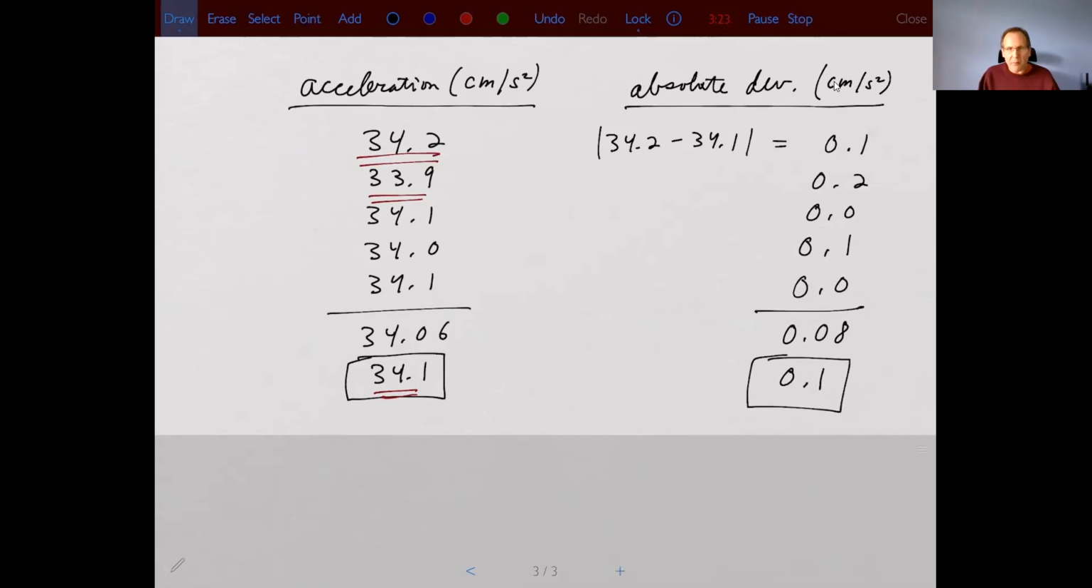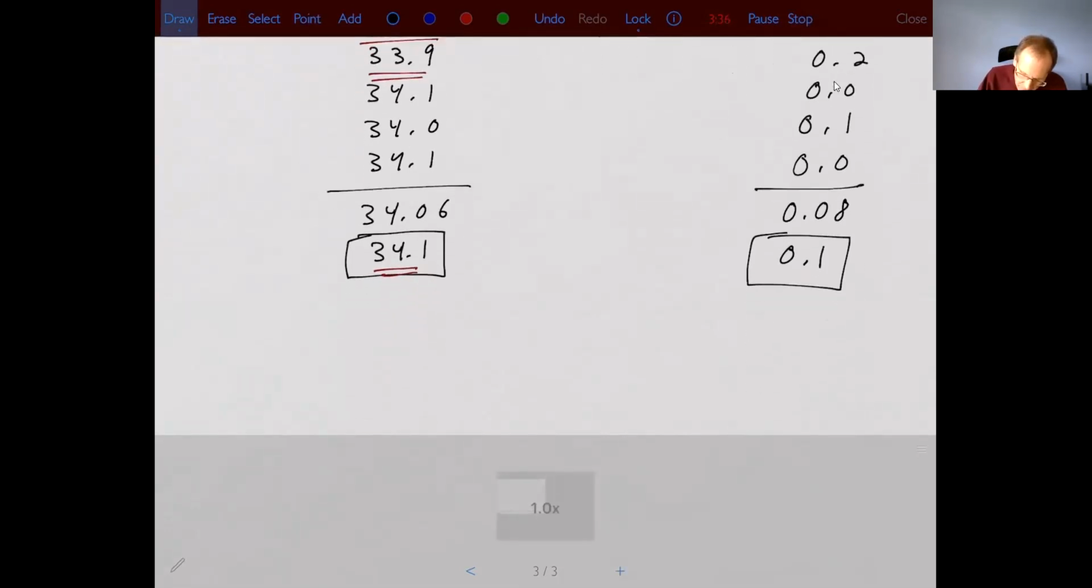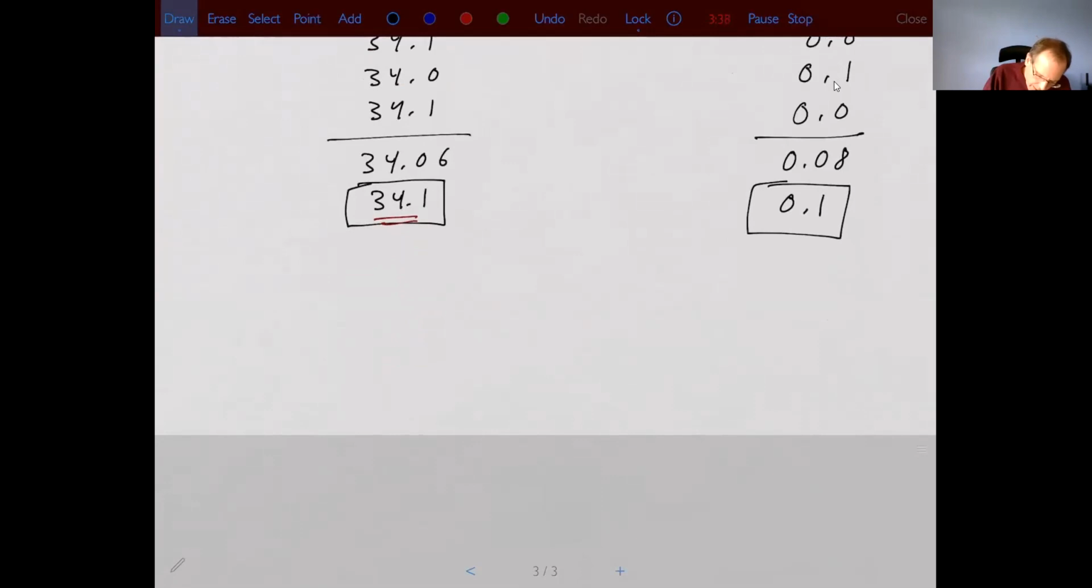So that's my average absolute deviation. And remember, this always has to be at least the resolution of the instrument, which is 0.1. So in this case, it's exactly equal to the resolution of the instrument. So that's fine. Now to calculate the percent experimental accuracy,